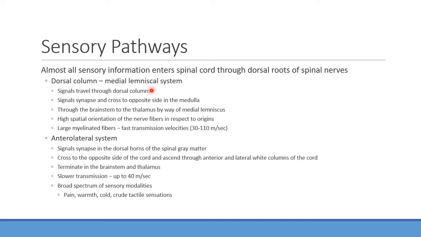So the two main things you're going to see here: there's going to be a dorsal column, also known as the medial lemniscal pathway, for sensation, for touch, and then there's also going to be an anterolateral system. And I'll show you some pictures of what these look like in just a few minutes. But basically, you're going to find that with this dorsal column pathway, the sensations going through the nerves are going to be traveling along the dorsal columns. It'll be much more clear when you actually look at those pictures.